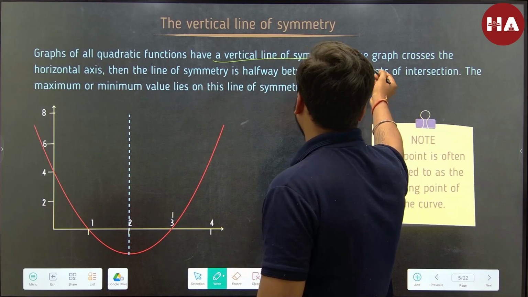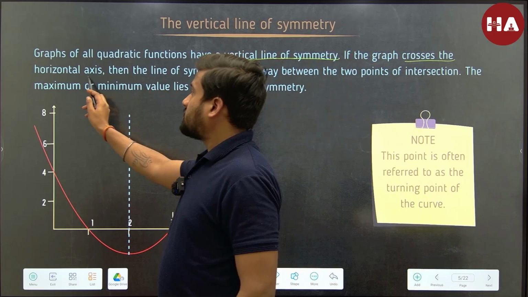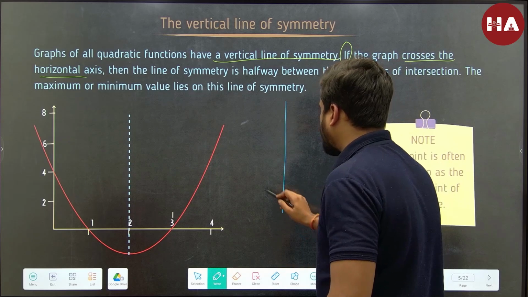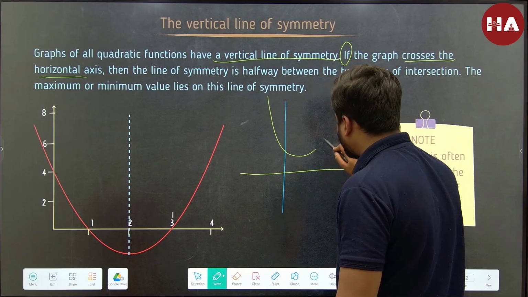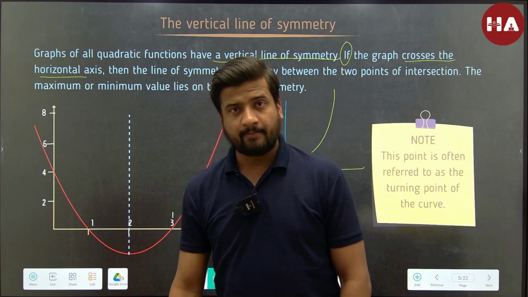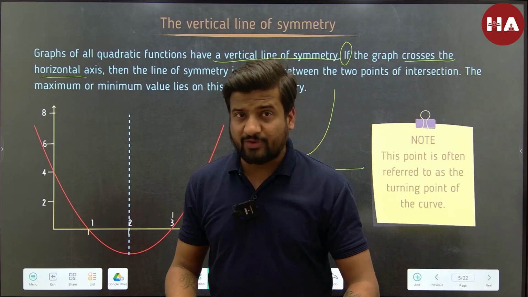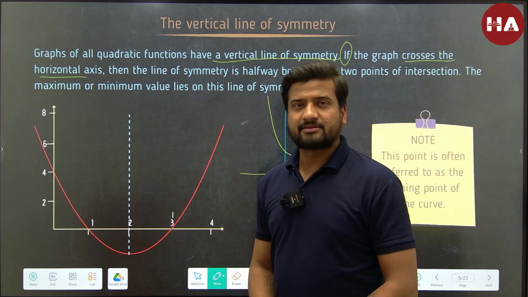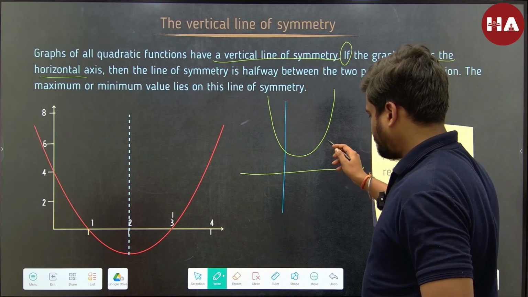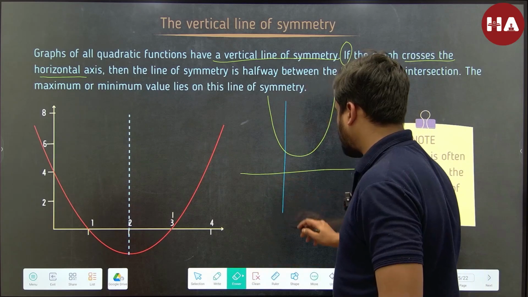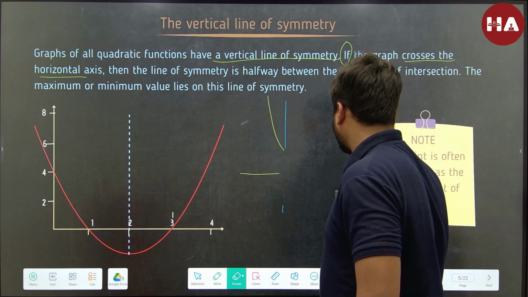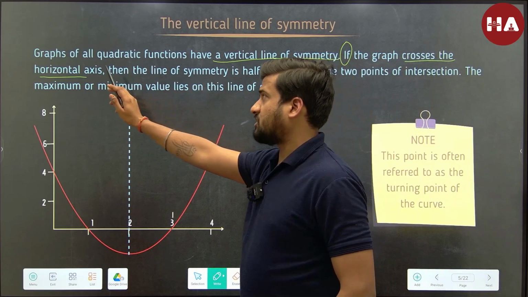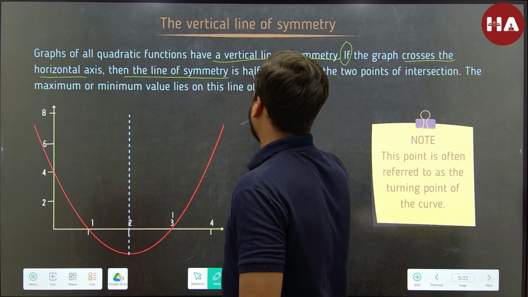Next, if the graph crosses the horizontal axis. Why does it say if? Because there might be a graph which doesn't cross the x axis at all. In most cases it will, but there might be some cases when it's not even going to touch the x axis. Let's continue. If the graph crosses the horizontal axis, then the line of symmetry is halfway between the